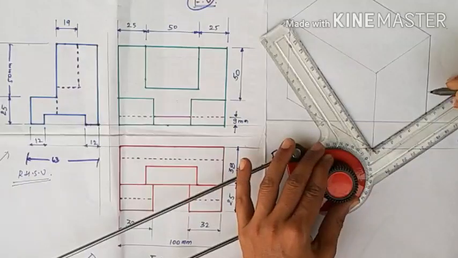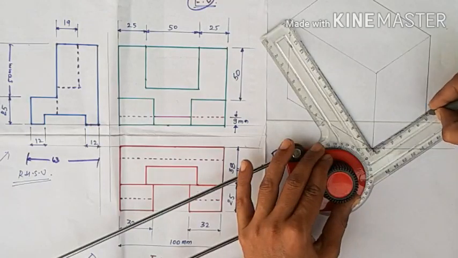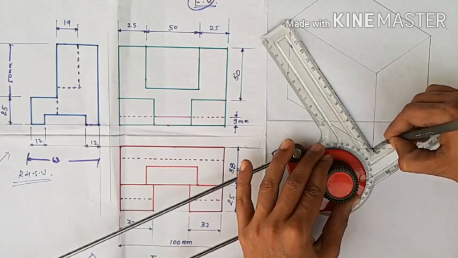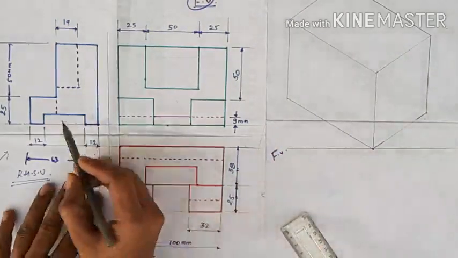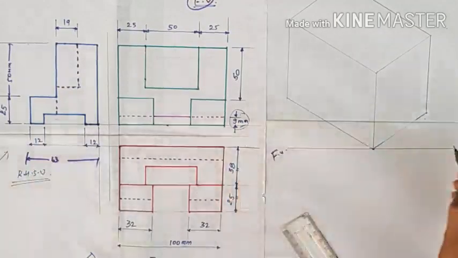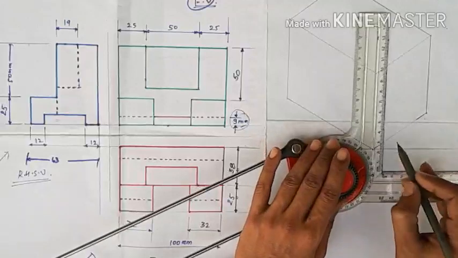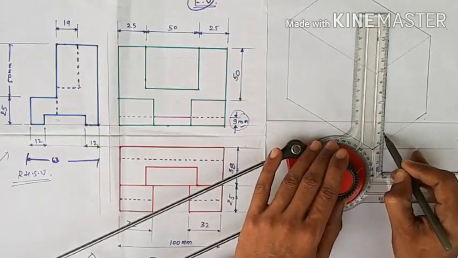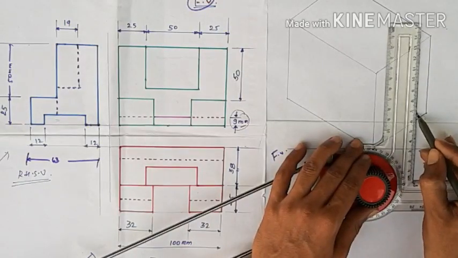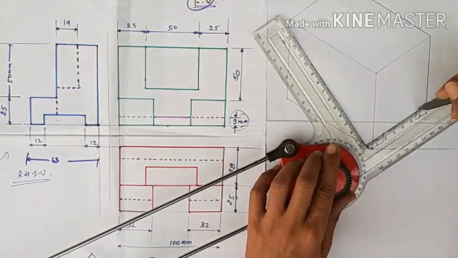So 12 mm, and now from this side we again draw the 12 mm. You all are using an HB pencil for this. So start normally here, and now from the middle there is a gap, and what is the gap? It is 9 mm. So here we draw a 9 mm line towards the upper side like this, and now again from here like this, and make this line and join these two parallel to this.